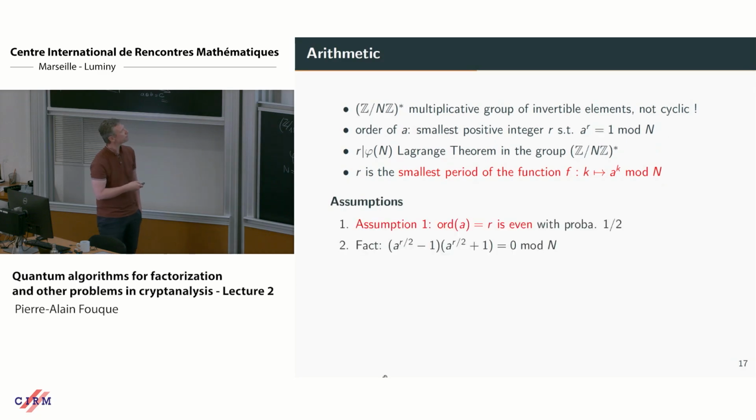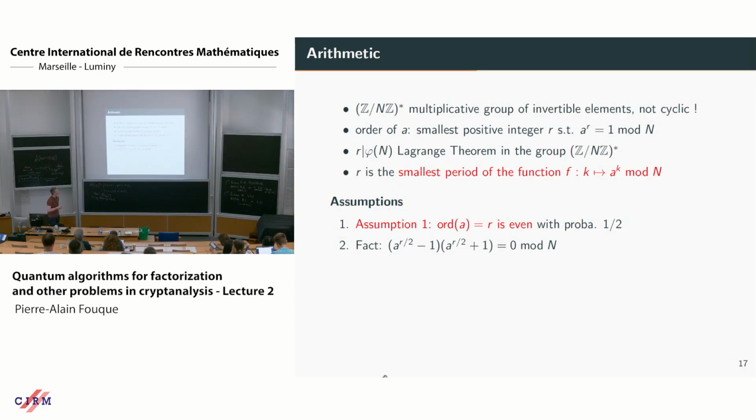If a is of even order, and it will be the case with probability 1/2, I will not go into the detail, but if you have some question at some point,